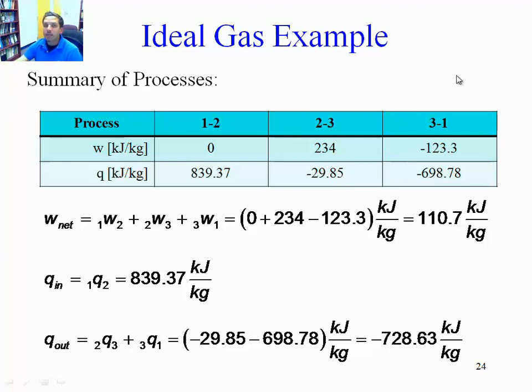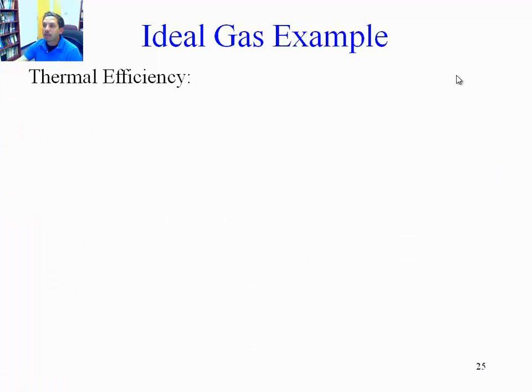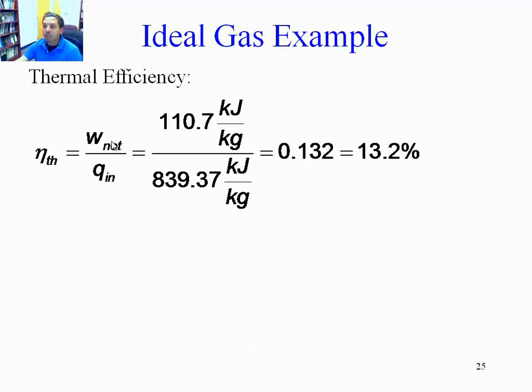That means that we can very easily now calculate the thermal efficiency. Thermal efficiency is W net, whatever you obtain from the cycle in the form of work, divided by whatever you put in terms of fuel. In this case, 839.37 is what you put in. Not what you wasted, but just what you put in. And in this particular case, only in this particular case, the positive heat, Q in, was found in process 1-2. We can have another cycle where that could be found in another particular process. But in this case, it was only in the process 1-2. The ratio of these two is 0.132, which is 13.2%.